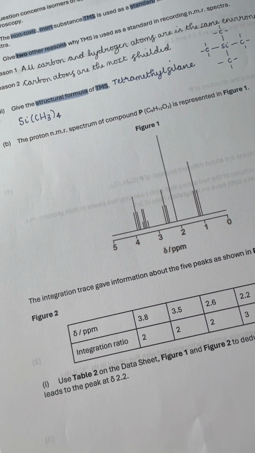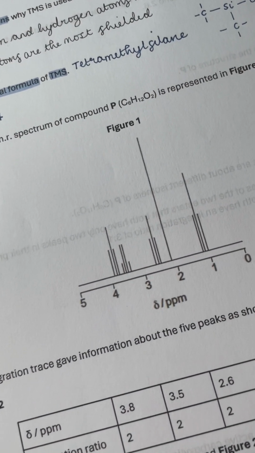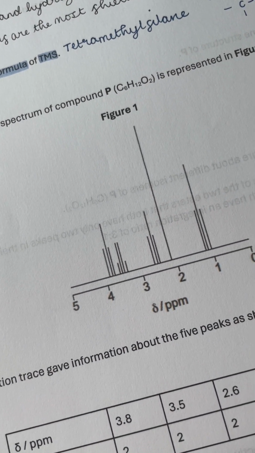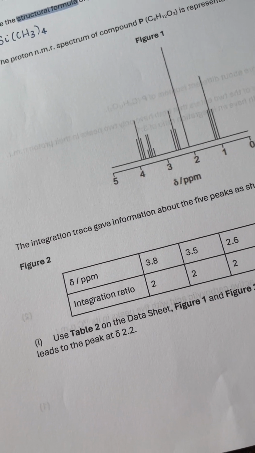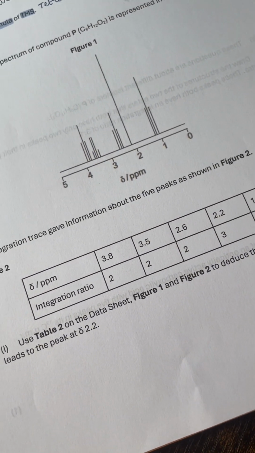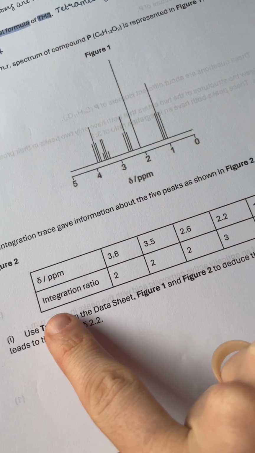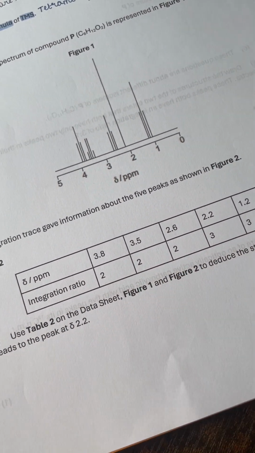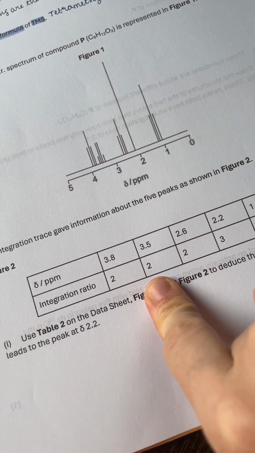Next up, we've been given the proton NMR spectrum of compound P. We've got figure 1, where we're going to be able to deduce the splitting patterns, and I'll show you what I'd annotate on there. And then in figure 2, we've been given the chemical shift values and the integration ratios. And you might not get a figure like figure 1, you might get the splitting patterns as part of the table. I think I prefer to have them in the table, so I might also translate that information down here,